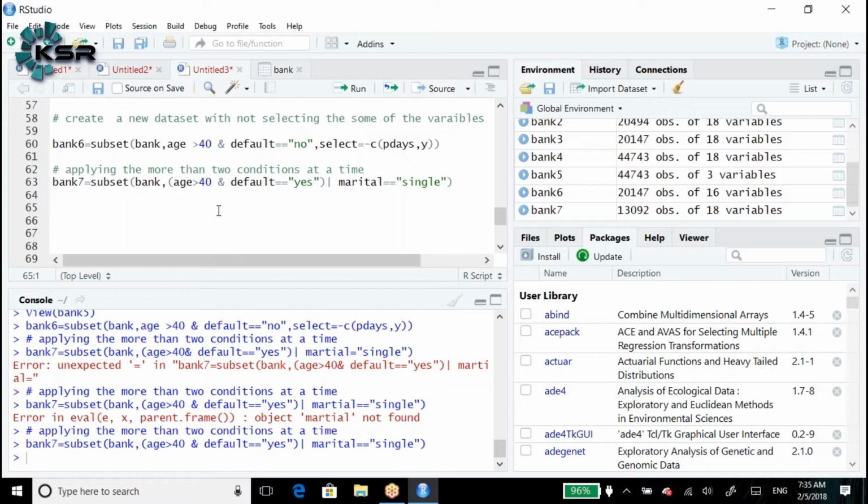Okay, perfect. Now how do I write the if else condition?